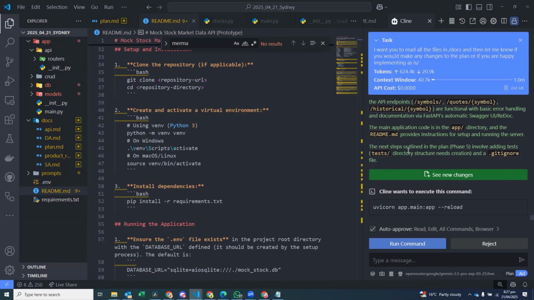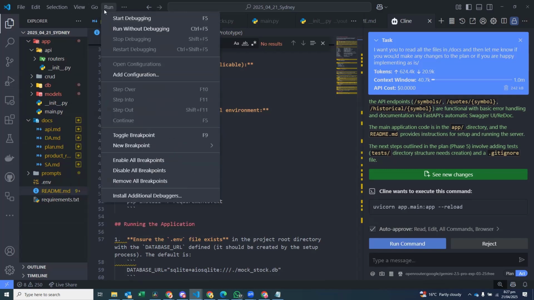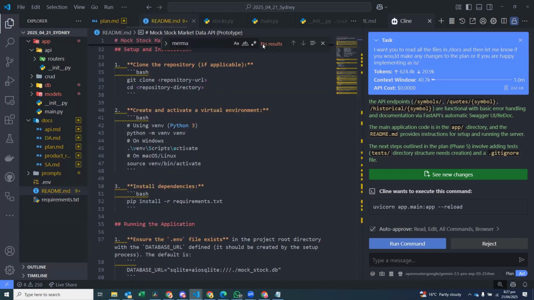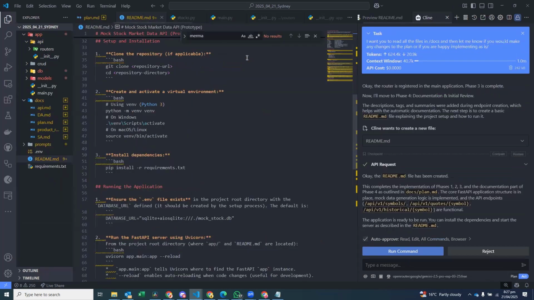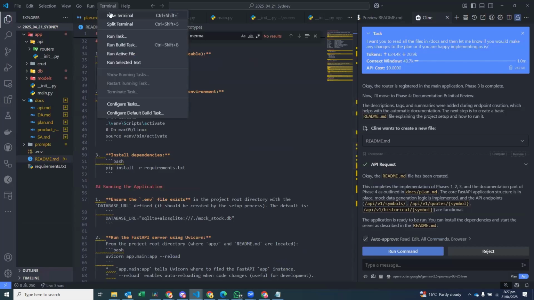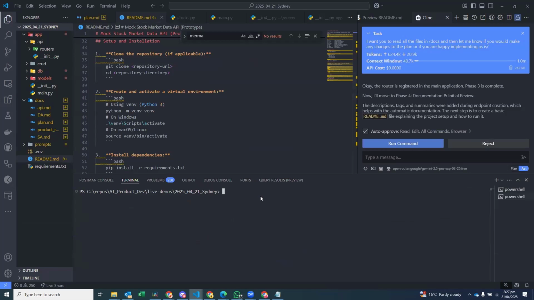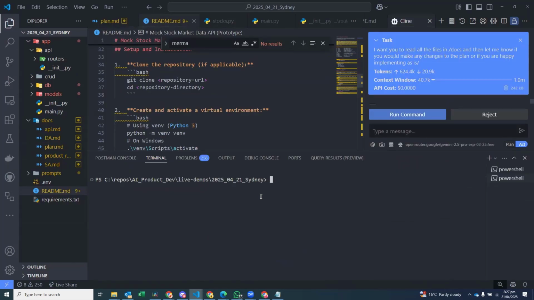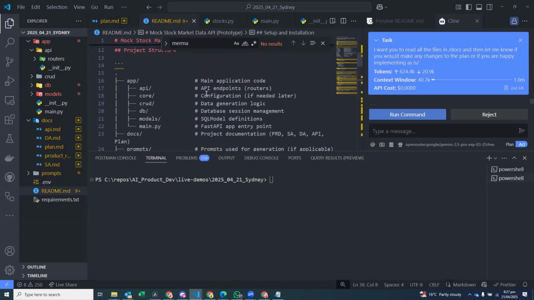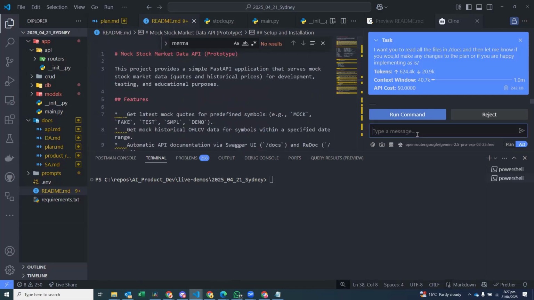It's not going to do the step 5 just yet. Asking me can I implement the command? And I'm going to say no because I want to actually do it myself. So let's go and create a terminal window in here. And now what we're going to do is just go through the README and see. So we're going to